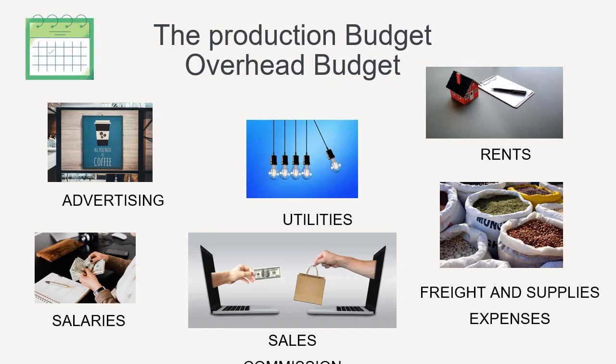The intent of this charge is to gradually reduce the carrying amount of fixed assets as their value is consumed over time. This is a non-cash expense. That is, there is no associated cash outflow. Freight and supplies expenses, usually closely linked to actual production volume, and so their amounts fluctuate in conjunction with planned production levels. Rents and utilities, which are usually considered as fixed costs. Sales commission and advertising, etc.